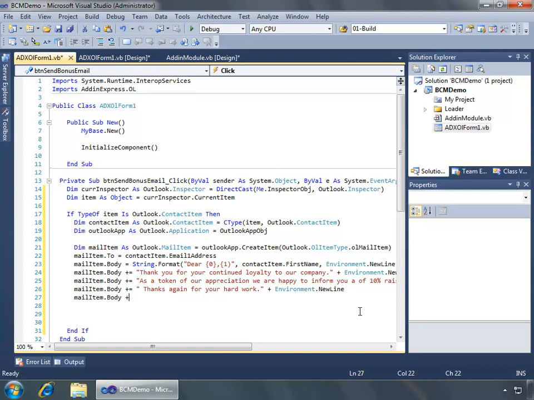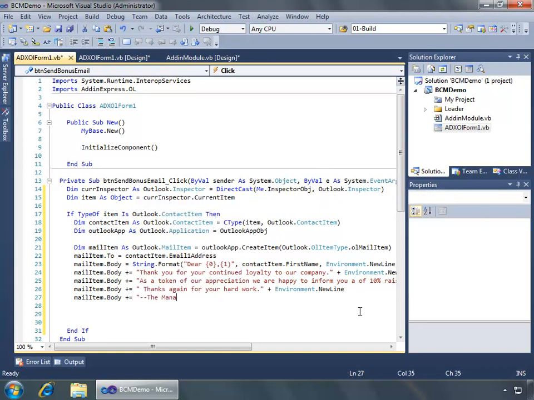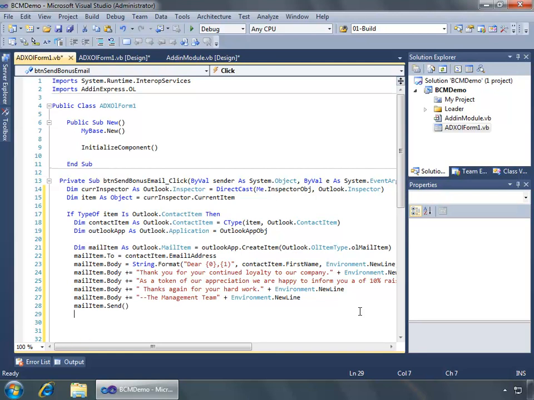Nothing really sappy here. Just the management team. Now we can send it. Just call the mail item send method,